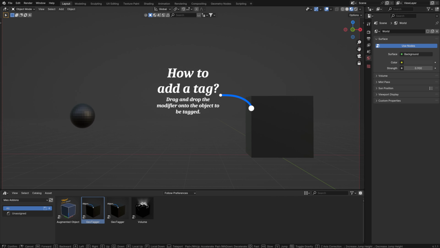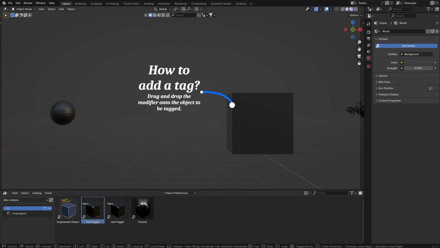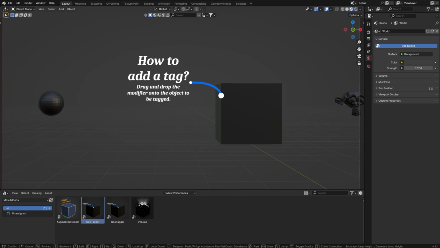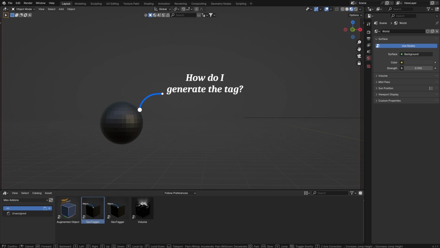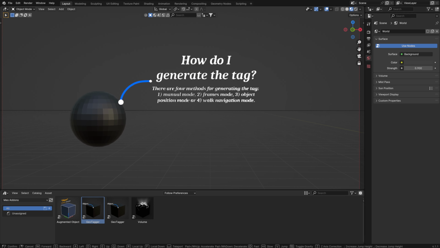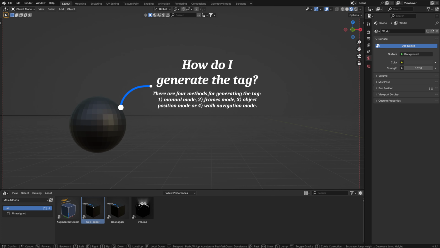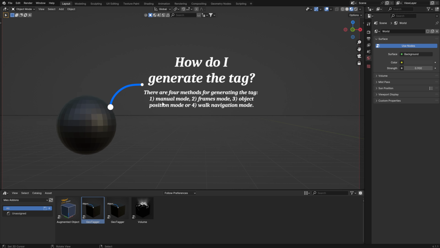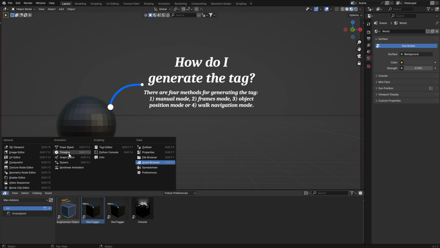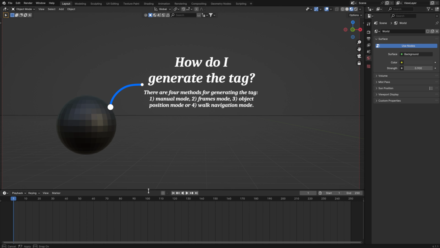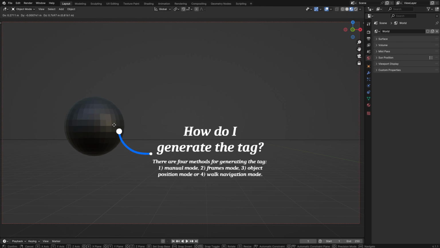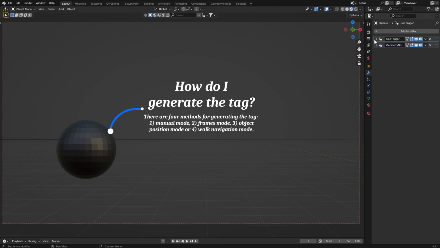Here's the instruction: drag and drop the modifier onto the object to tag it. Okay, that's okay for this. So how do I generate the tag? There are four methods for generating the tag. First one, manually. Okay, we can go in the property tab, select the mesh with the tag, and